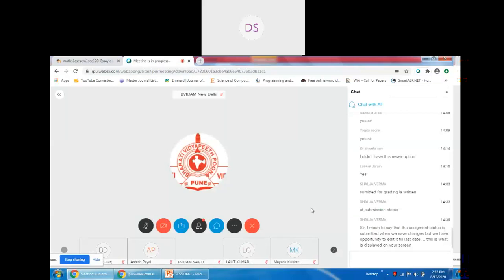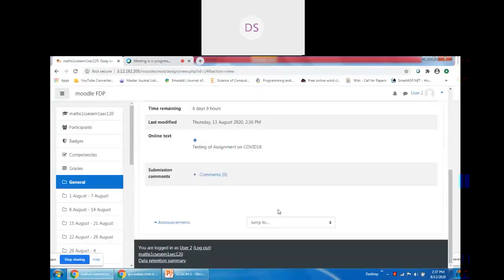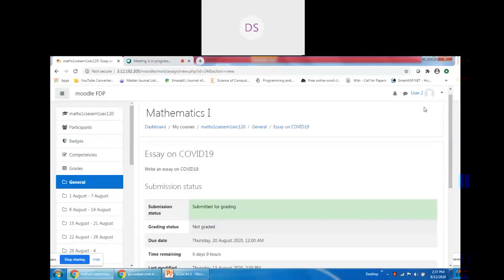Yes, ma'am, you have not finally submitted the assignment. As you may have observed on my screen, there were 3 buttons. Draft means you can prepare your assignment but not submit it finally. If you click on submit, it will finally go to evaluation for grading. And once submitted, it cannot be edited until the instructor allows you to resubmit the assignment. Okay.